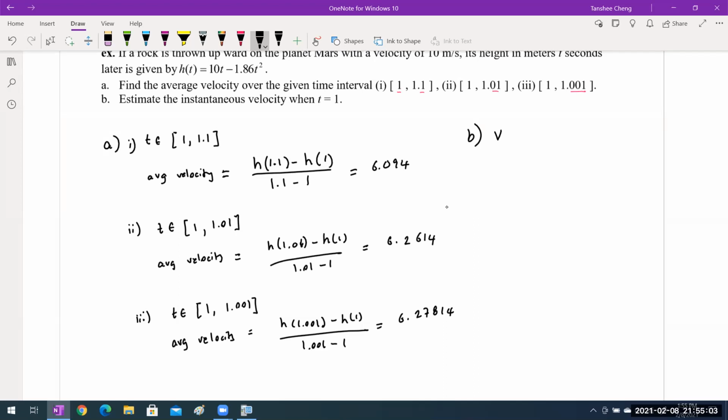I would say the instantaneous velocity at 1 is approximately 6.3 meters per second, rounded to 1 decimal place, because as you can see, it's getting larger and larger. You can try out a couple more, but it's really up to you. We are estimating, and at this point that's all we can do